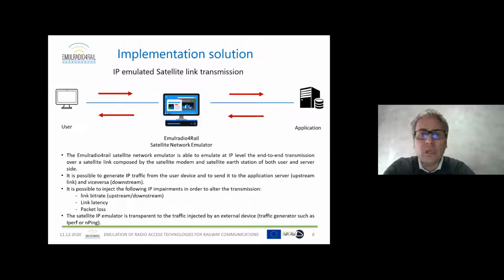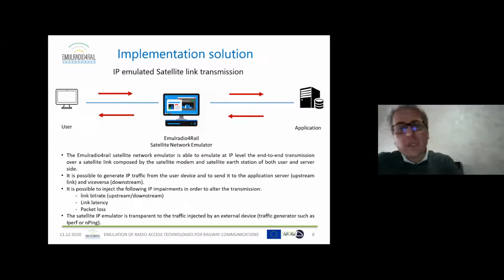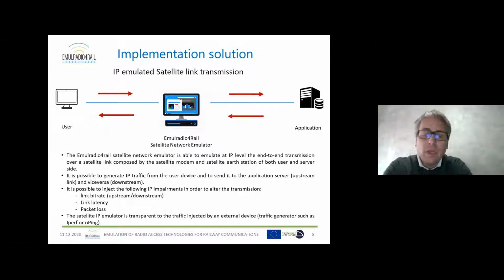We are able to inject the IP traffic from the user device and send it to the application server, and vice versa, both in the upstream and the downstream transmission. It is possible, as I said before, to inject IP impairments in order to disturb and alter the transmission,